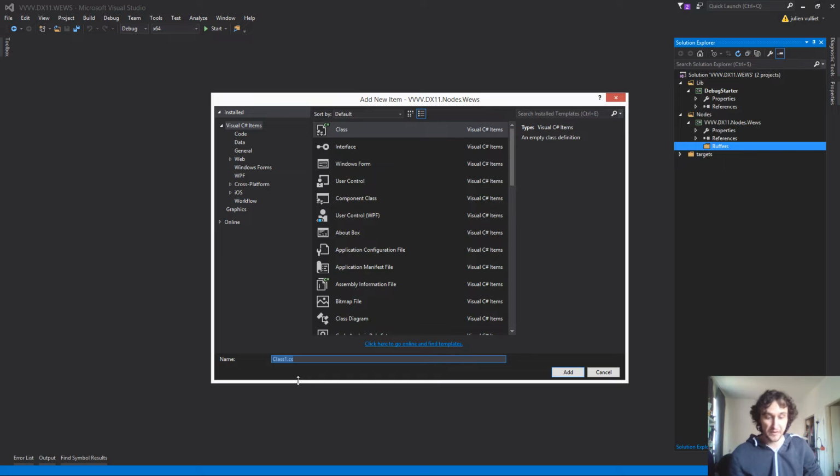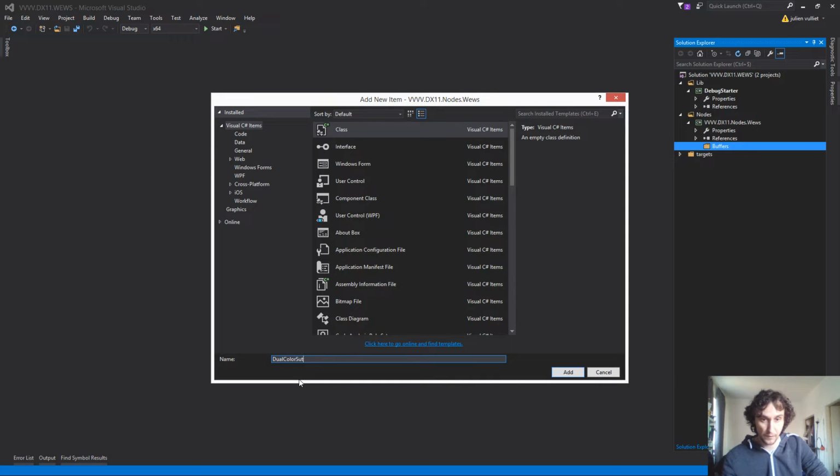We're gonna create a buffer which contains, let's say, 2 colors, and 2 colors will do. Okay, so we'll call it a dual color